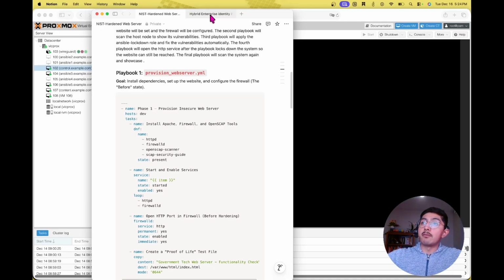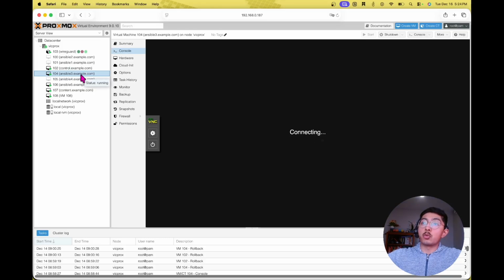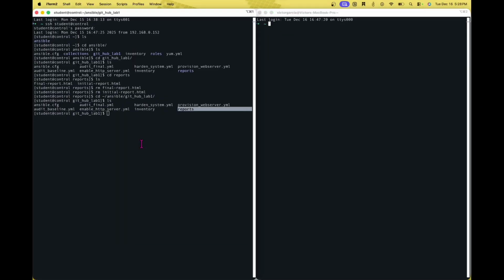We're going to first create a server. I have a couple nodes here. My first node is going to be my control node. This control node is going to control Ansible 3. What we have to do here is run this playbook, the provisioning web server.yaml. So we'll go ahead